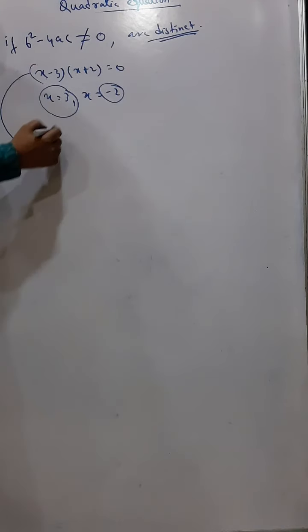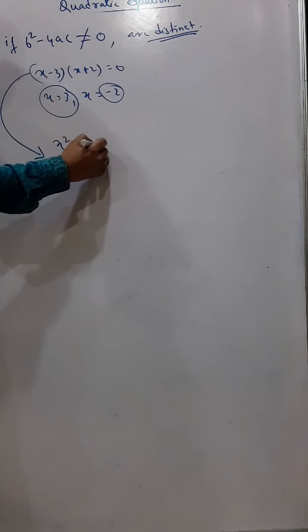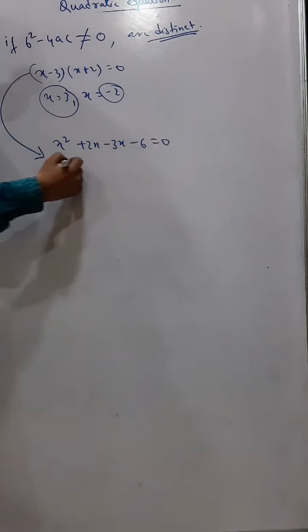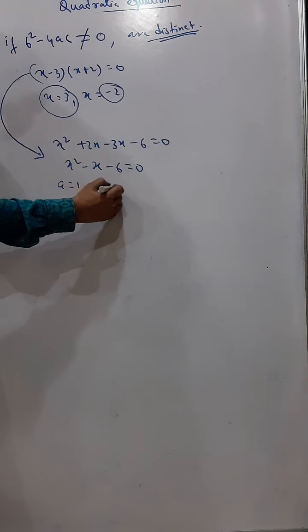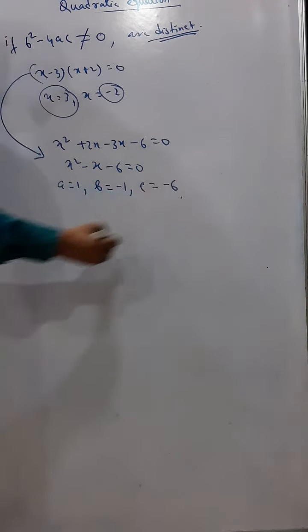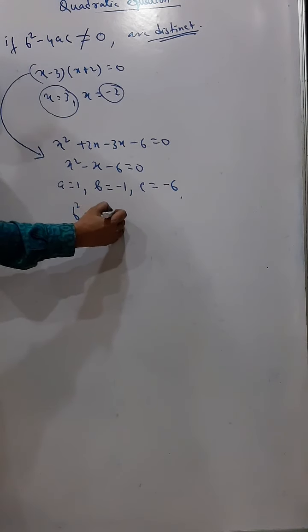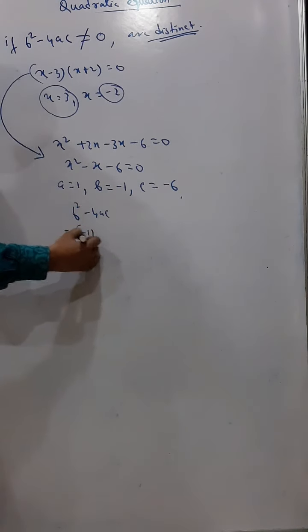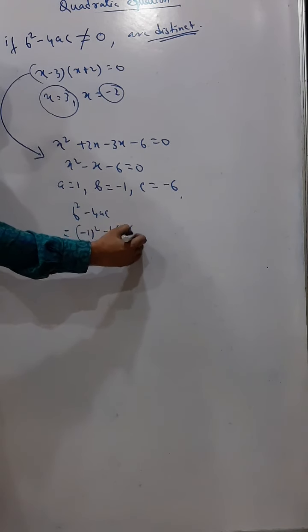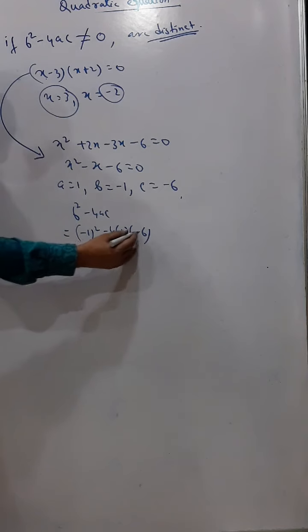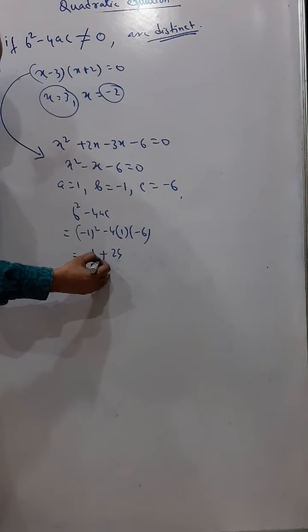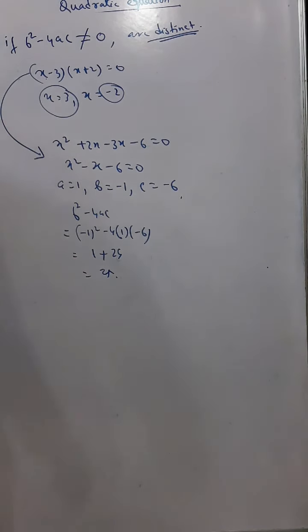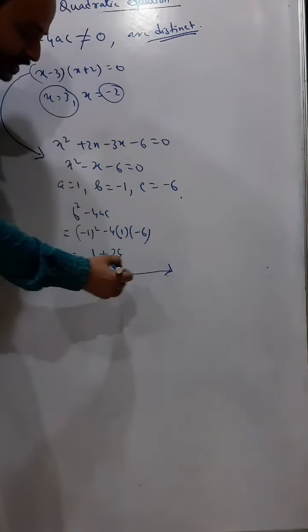First form this equation. What you get? x square plus 2x minus 3x minus 6 is equal to 0. x square minus x minus 6 is equal to 0. So we get a equals 1, b is equal to minus 1 and c is equal to minus 6. Now b square minus 4ac: minus 1 square minus 4 into a into c. We are getting 1 minus, minus 1 you are getting plus, and 6 fours are 24. 24 plus 1, I am getting 25. So naturally it is not equal to 0, and therefore we can say that the roots are